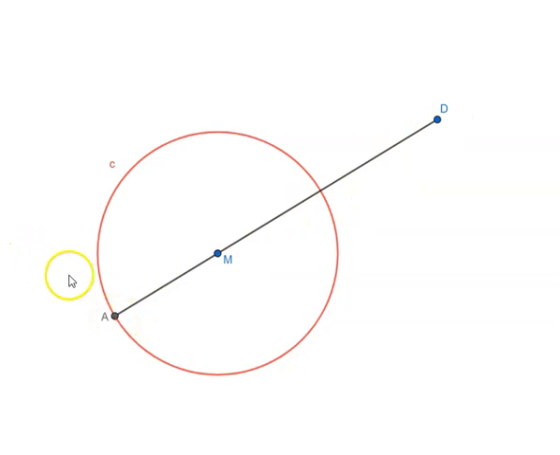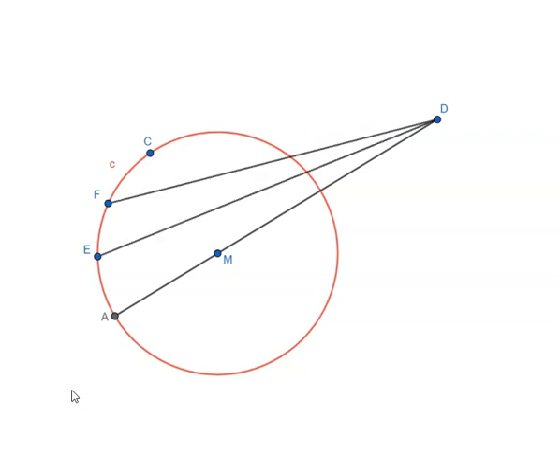Now let's also have some points on the circle, on the concave surface. If I put it here, it would become convex from the perspective of D. Now let's join these, ED, FD and CD. The proposition says that